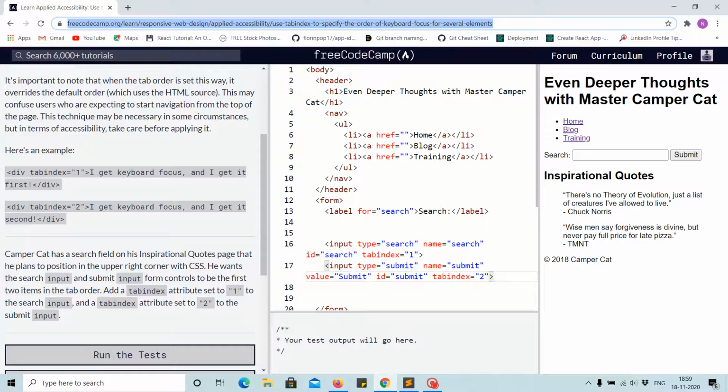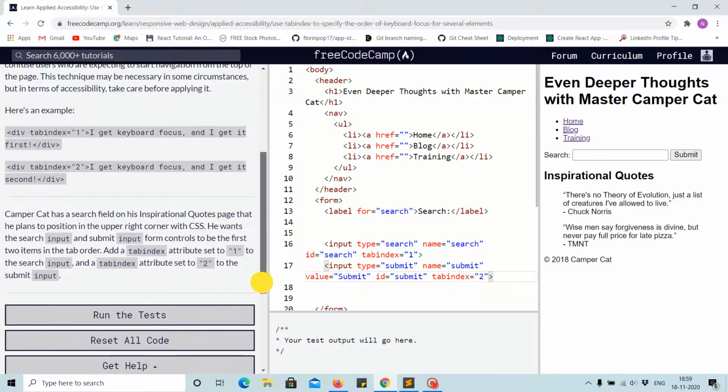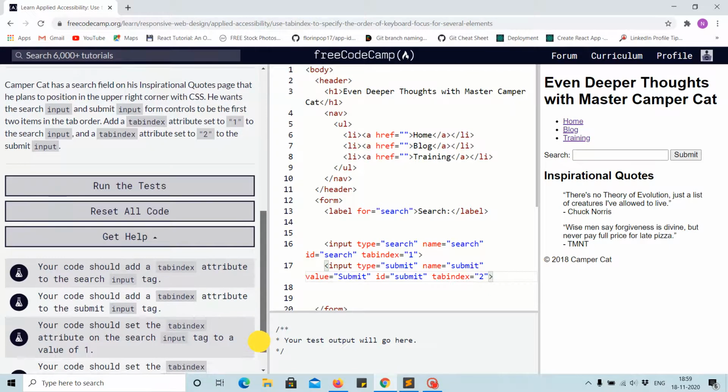it doesn't work. Why? Label for search. Camper Cat has a search. Submit input form control to be the first two items in the tab order.